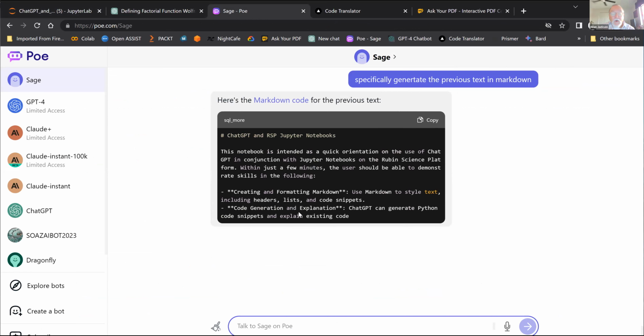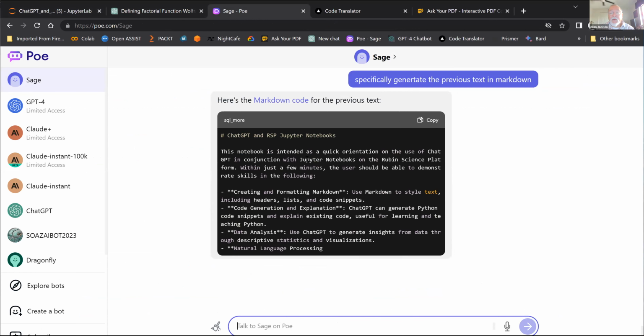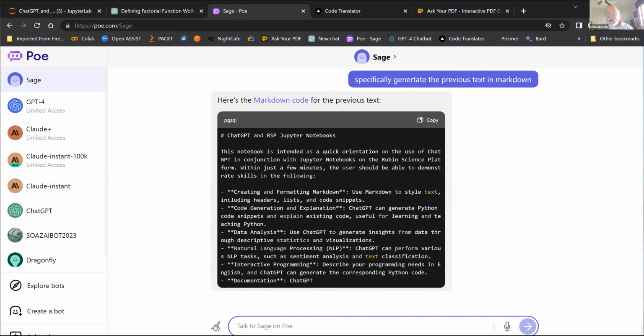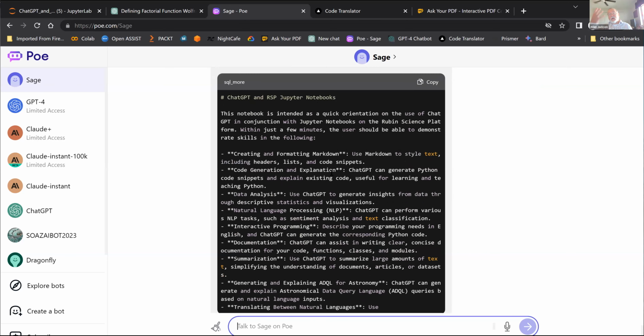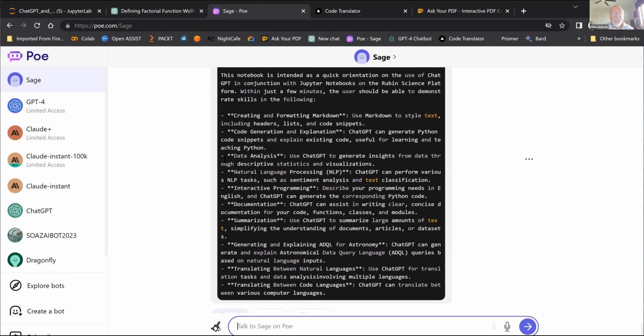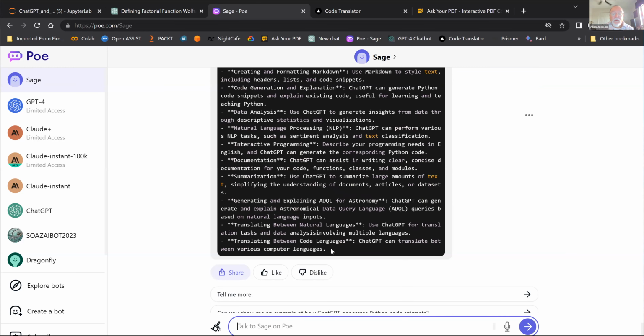Okay, so this time, in fact, it did generate the markdown code, and we should be able to cut and paste this back into the notebook and run it. Okay, looks correct.